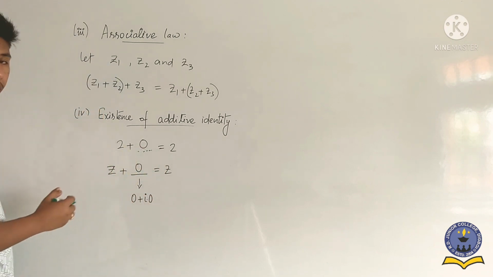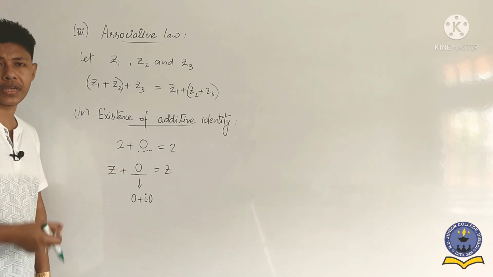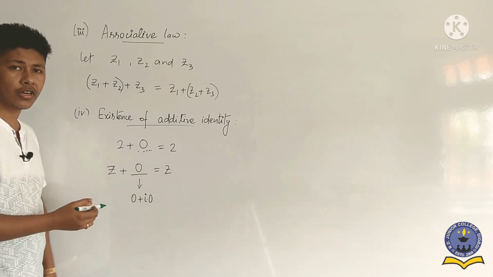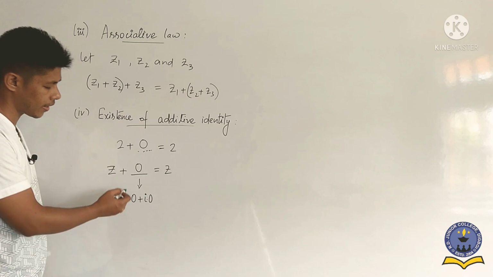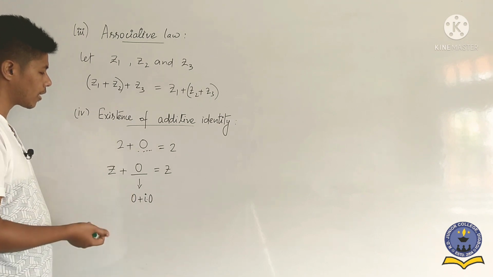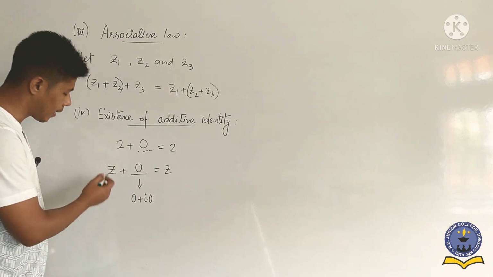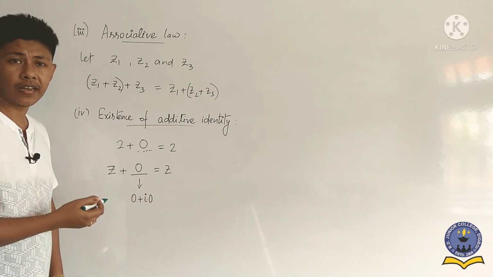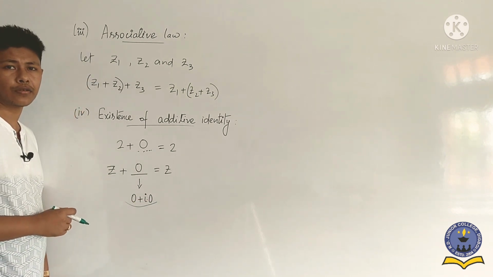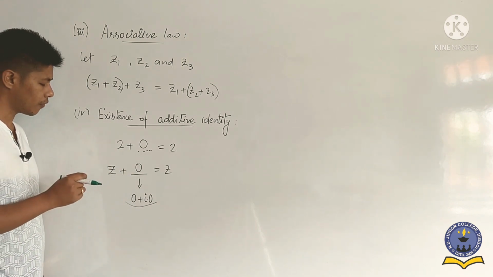In our last class we discussed this one. A real number, any number, we can express as a complex number, is it not? So from here, no doubt 0 is a real number, but this 0 we can also express as 0 plus i0. So if anyone asks you what is the additive identity of a complex number, you have to write 0 plus i into 0, or simply you can write 0 also. Is it clear? I think all of you understood this one.